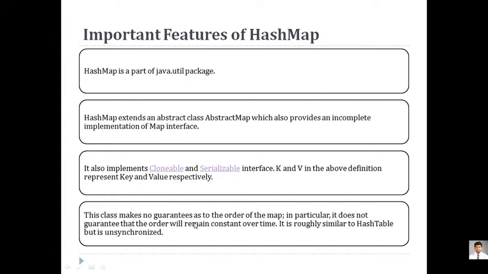This class makes no guarantee as to the order of the map. So whenever we execute this program, we'll get the output in a different way. When we talk about hash table or unsynchronized execution, we get an output we call unpredictable when we add multiple elements. As elements are added, it follows a technique called hashing. The name itself says hashing, and I have already shared the meaning of hash.